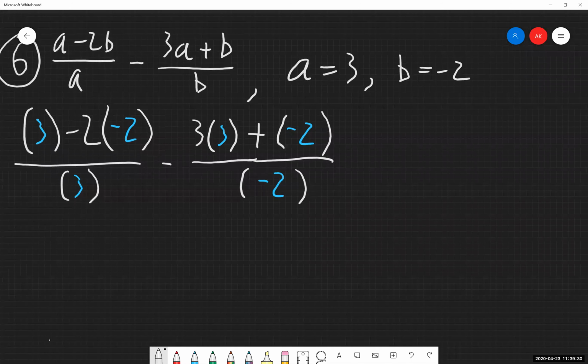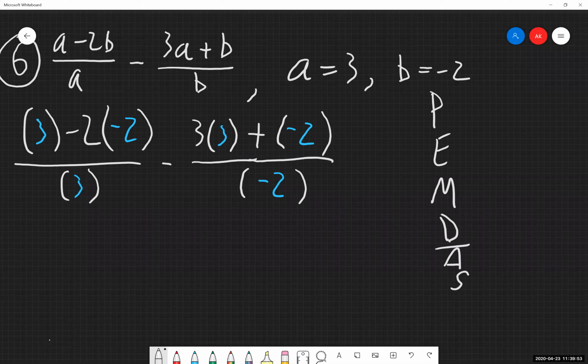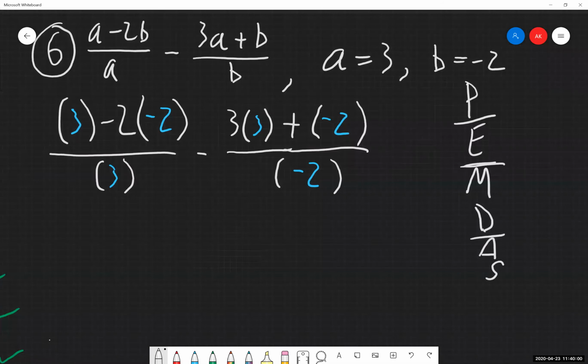Okay, so I have two fractions. They're subtracting together, and how the heck do we work with this thing? Well, this is the instance, again, we're using PEMDAS. That's our guide, how we're going to go through this thing. And if your other thought is, well, I don't know how to start this because I don't want to do all of it at once, well, good. You do not want to do all of it at once because that's difficult. So let's work with PEMDAS and our first fraction, if nothing else.